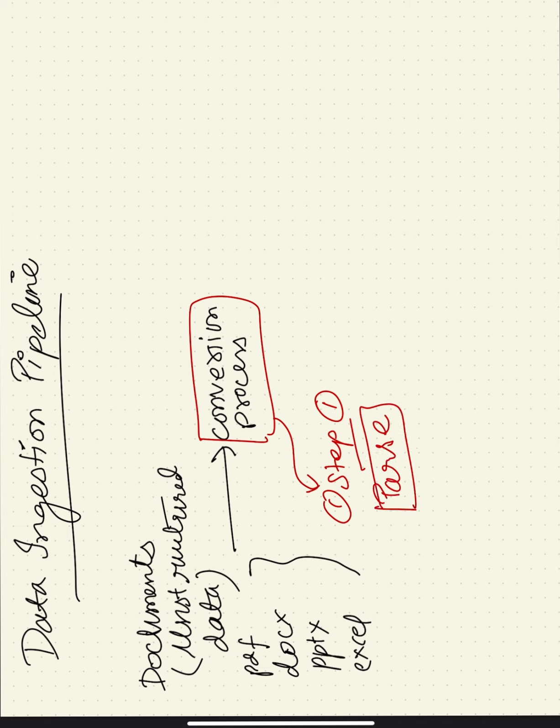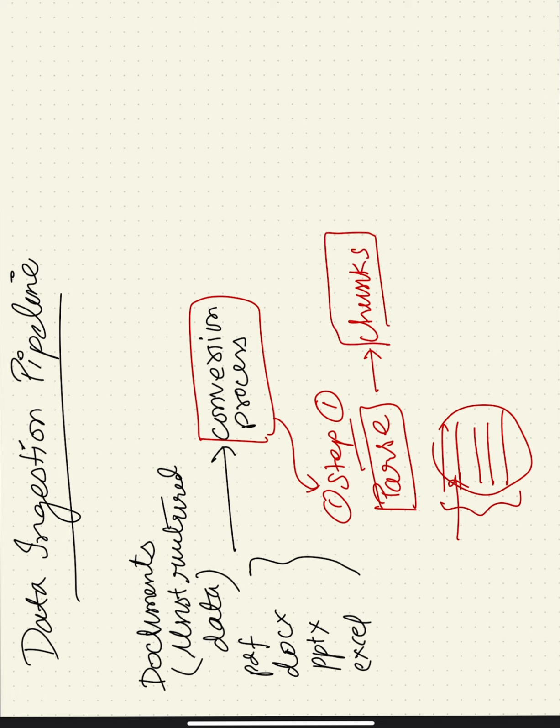Parse means we make it easy for the pipeline to understand this unstructured data. Suppose there is a lot of text written, so we make the machine read all this data and we convert it into smaller blocks, and we call those blocks chunks. Okay, so the idea behind chunks, which contain small blocks of the unstructured data, is that